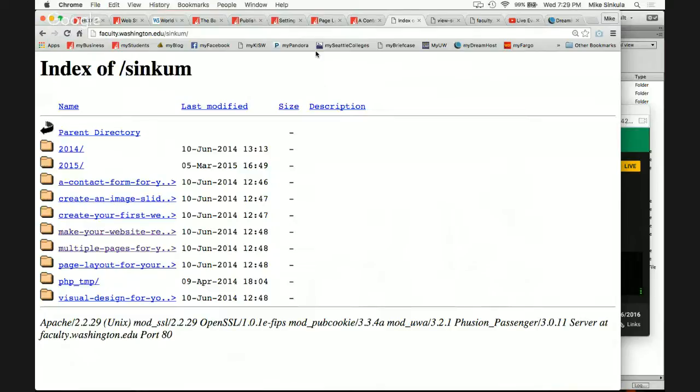I'll be building along with you guys in a 2016 folder. Okay? You are going to keep your files on your hard drive. And when you save them and they are ready to be published, you are going to FTP them, using file transfer protocol, put them, put is the actual word, to your server to be viewed by the public. Okay? So what we need to do to start off with is,